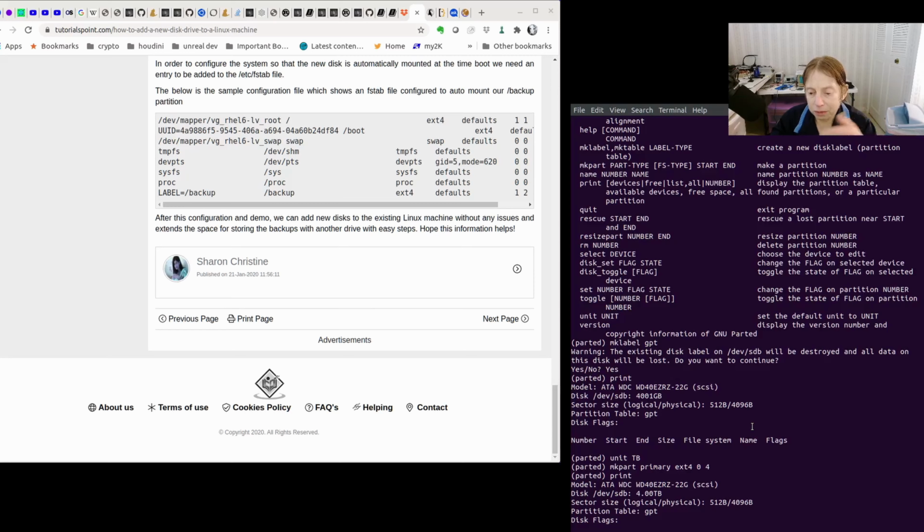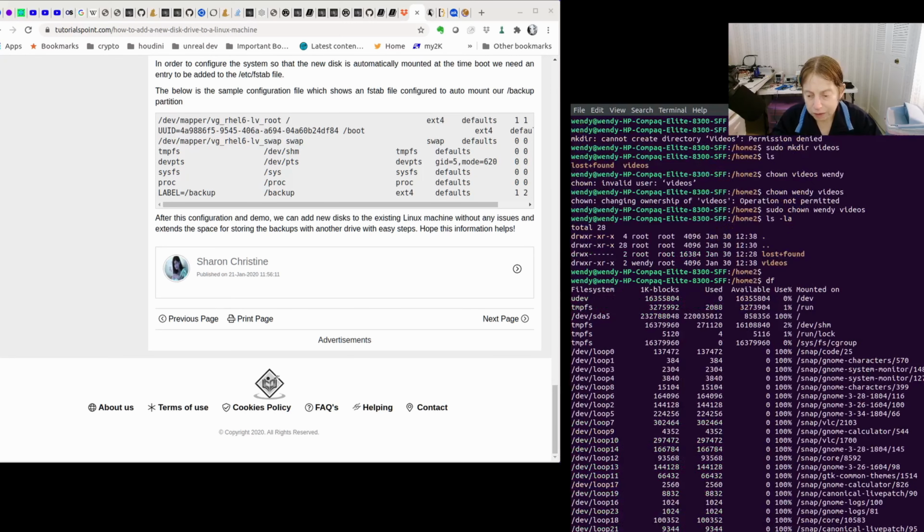I was able to make a 4 terabyte drive, and now I have 4 terabytes to move all my stuff from my home drive to the second drive, and that'll make things a lot easier. So hopefully this has been helpful to you,